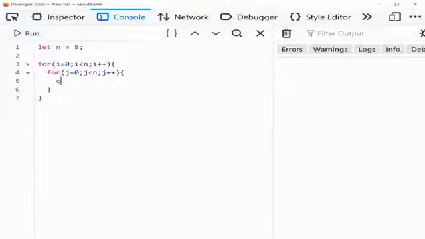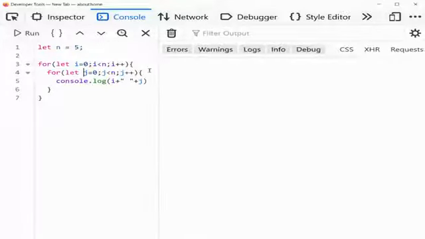And here I'm just writing console dot log whatever my i plus blank space plus j. Okay, this is what my program is, and let's say if I initialize it with let. Okay, now if you see the output,